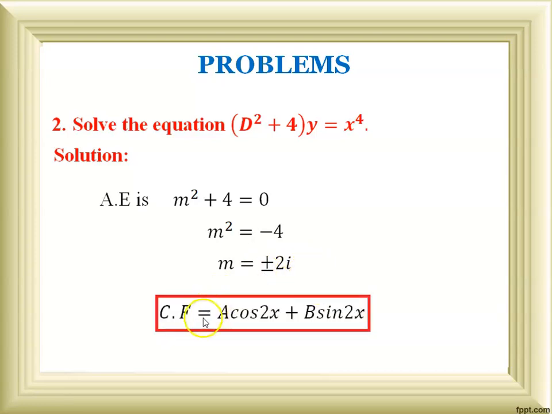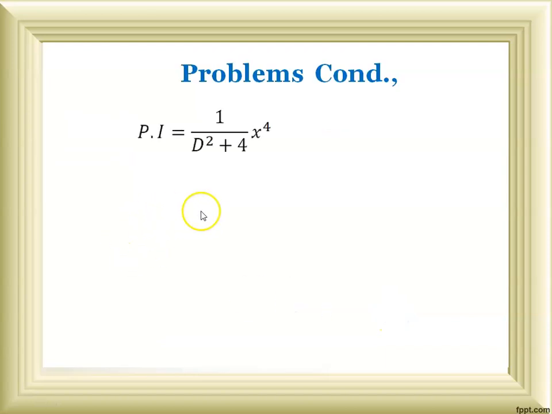Therefore, for an imaginary root, the complementary function is e^(αx)(a cos βx + b sin βx). Here the alpha value is 0, there is no alpha, real part value. So let us take alpha equal to 0 and beta equal to 2. After replacing it, I will get the complementary function: e^(αx) with alpha 0, so e⁰ value is 1. So a cos βx + b sin βx, here beta is 2. Next, P.I. is equal to 1 by (D² + 4) into x⁴.